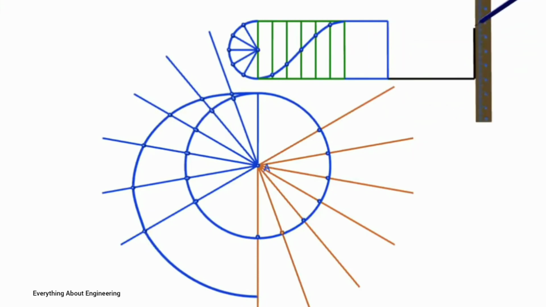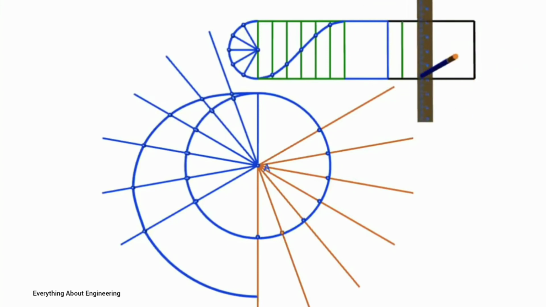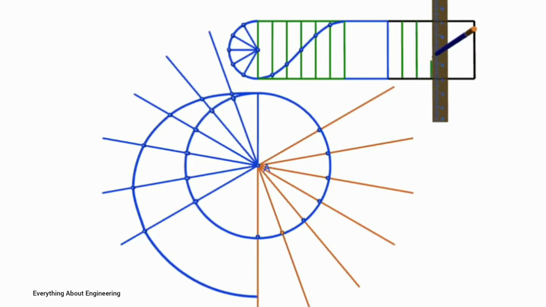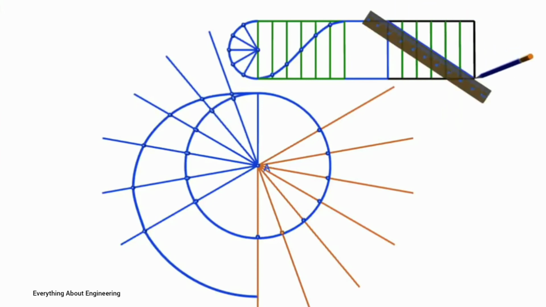Then the return stroke is with uniform velocity. Again divide that particular return stroke of 120 divided by 20, that is 6 centimeter, into 6 equal parts, and join this diagonal. And these distances are important for us, so we are marking this point so that we can transfer these distances, as we have seen earlier, on these blue lines. So we are just marking the points on our circle.